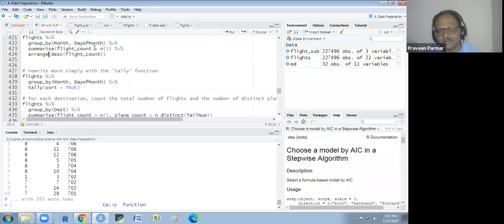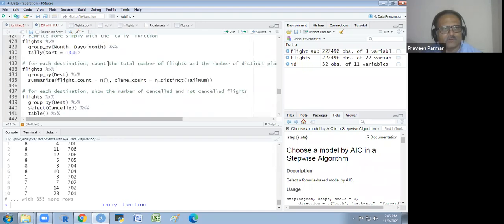First we have grouped by month and day, then we have summarized it, counted it, and then arranged it. You could use other functions also, but here we are just counting, so we don't have any numeric variables, so we are not taking the mean or anything. It is just counting for the categorical variables, because we have taken these categories as a group by.